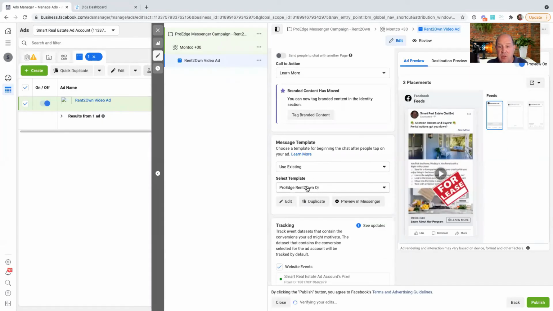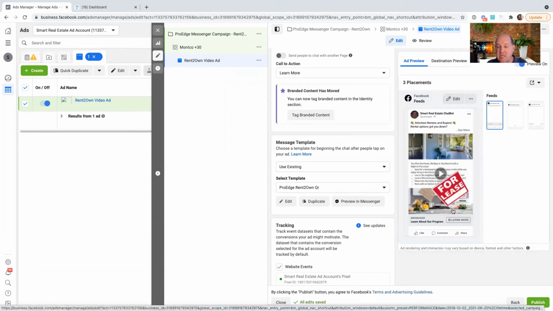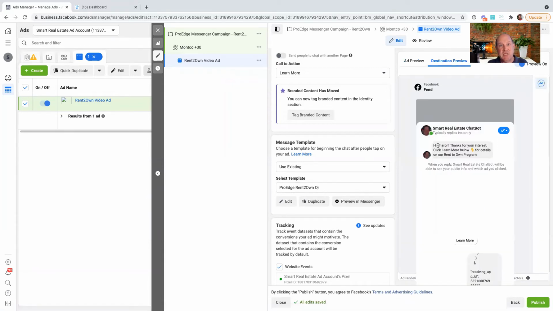So now I have the quick reply. And if I come over here to the destination preview, you'll see this is what the person's going to see. They'll see that initial message when they hit that learn more button. So right from the ad, they're going to see the ad. They'll click that learn more. What's going to happen is they'll see this message pop up and they'll have to click this learn more to